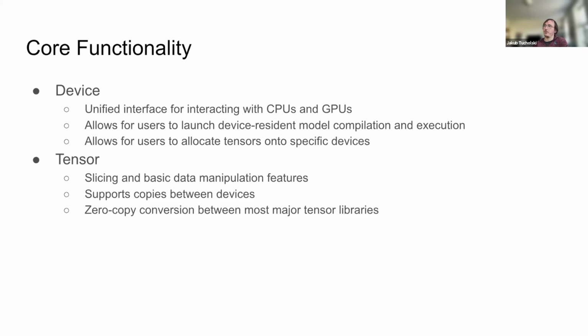And I'll demo some ways where, at least in nightly packages, you can use this device abstraction in order to compile models specifically for a specific device on your computer,